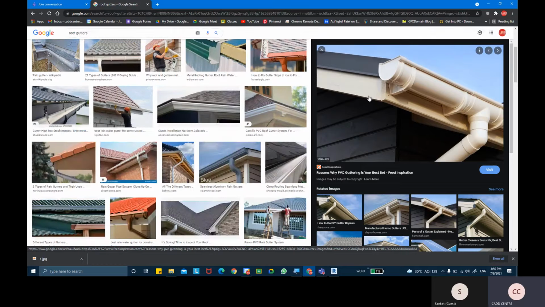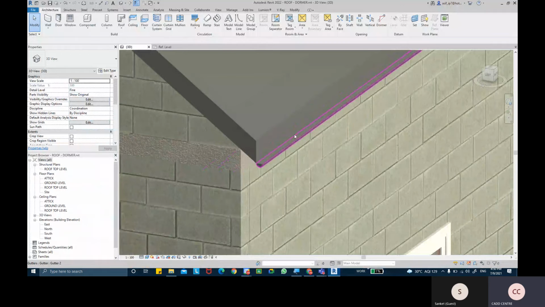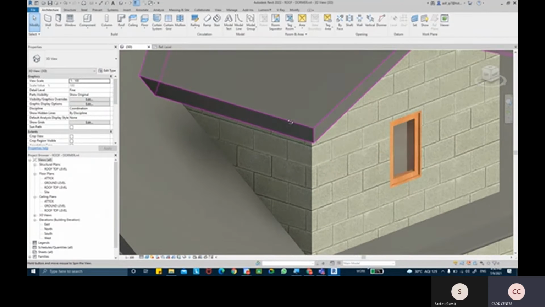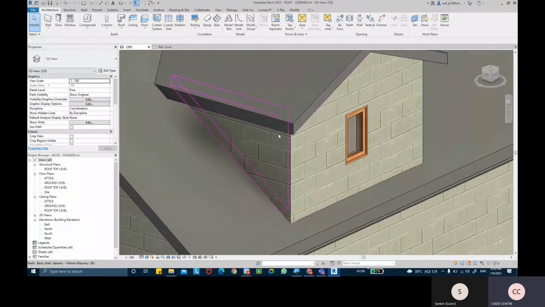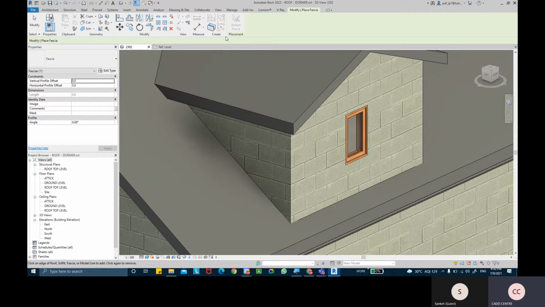Okay, so generally fascia is installed first and then gutter is installed actually, but unfortunately I first started with gutters. So I can apply fascias to all the sides actually. Unlike gutters, which only apply to the sloping, fascia can be applied in all directions. Wherever it's not even sloping, we can apply the fascia over there as well. So if I come in roof and take roof fascia, okay, it will tell me to pick lines. So I can pick the line just like the gutters.